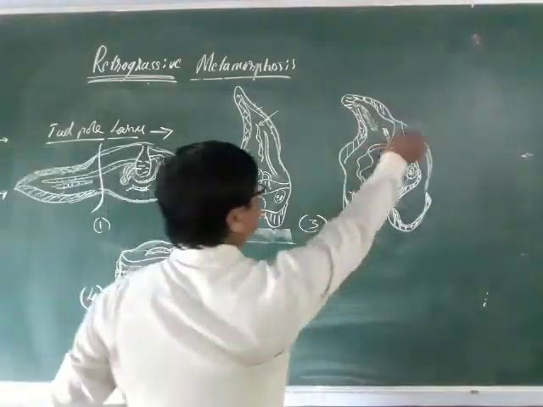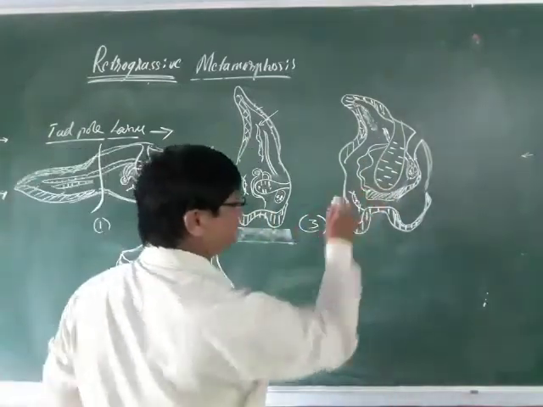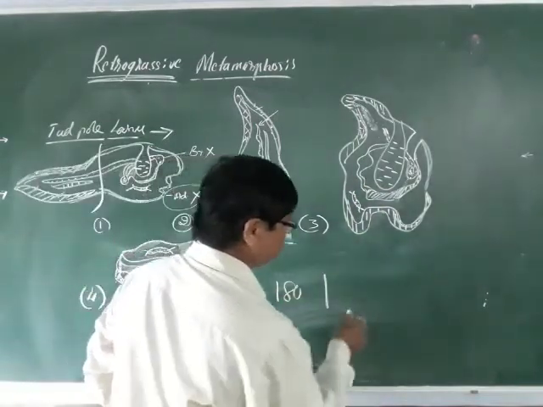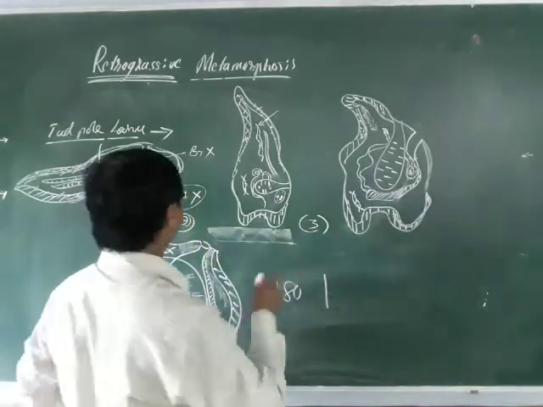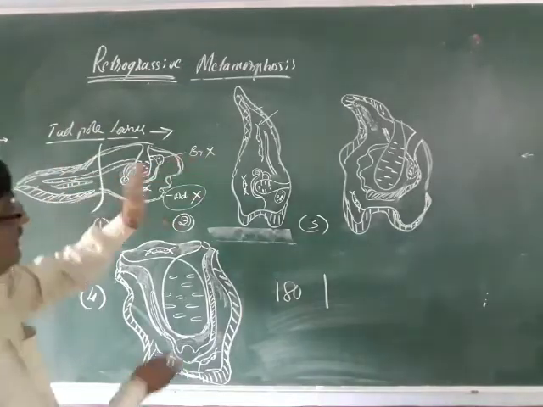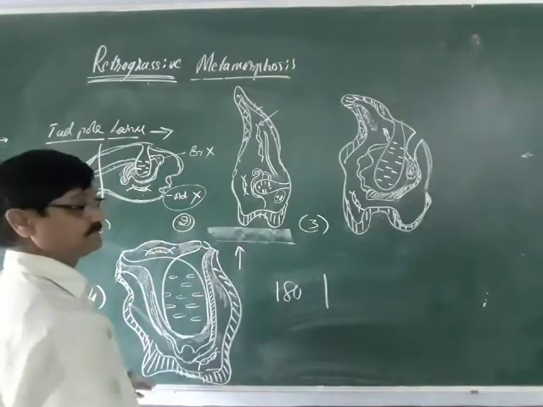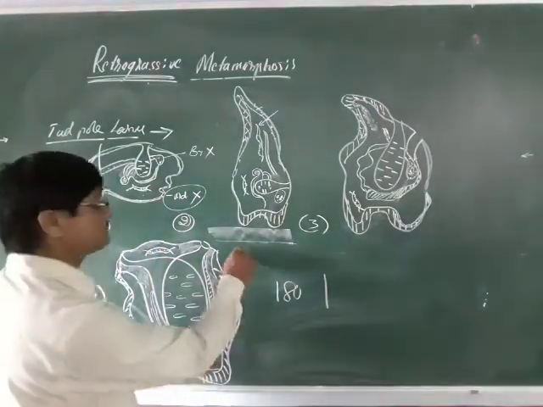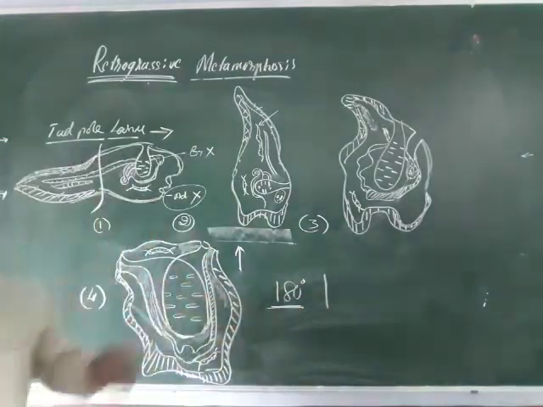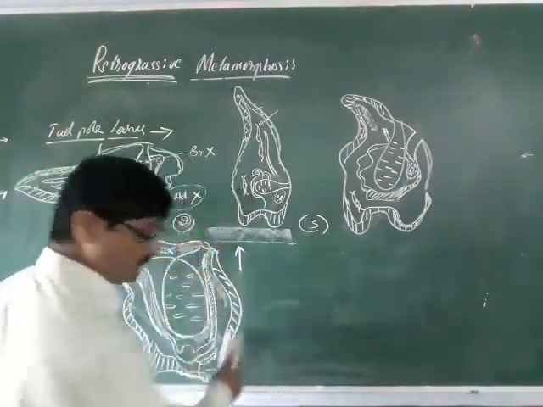And when all this has taken place, the larva turns 180 degrees. It turns this way, with the atrium and the digestive system here, and the digestive system comes upward by means of the turning. This is one of the most important stages, or events: the turning by 180 degrees.